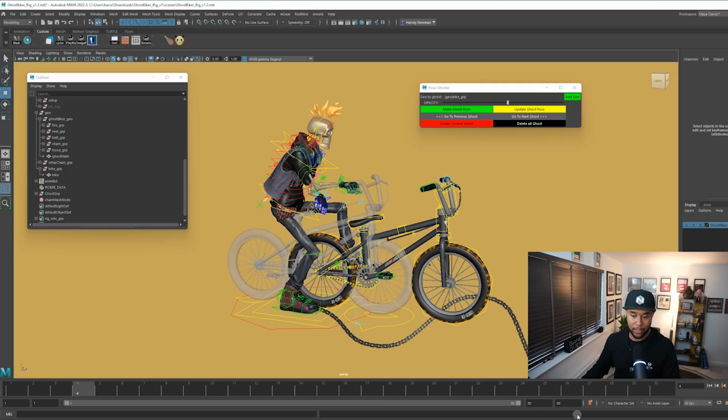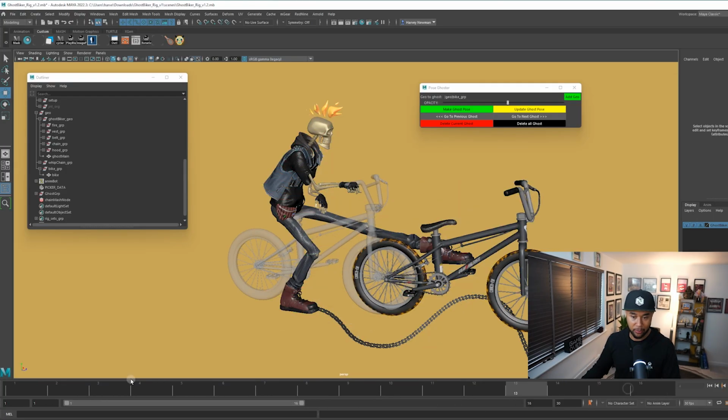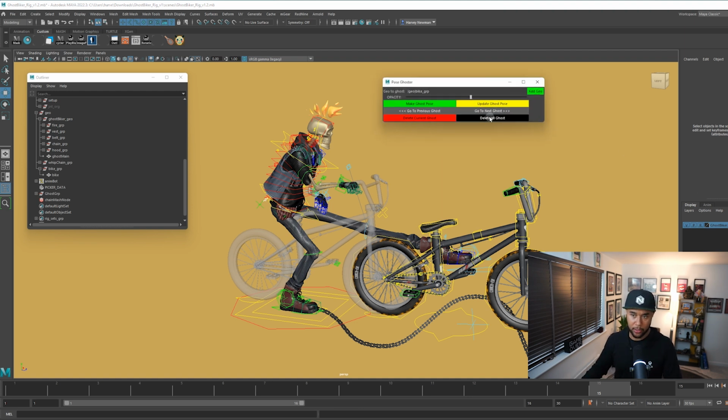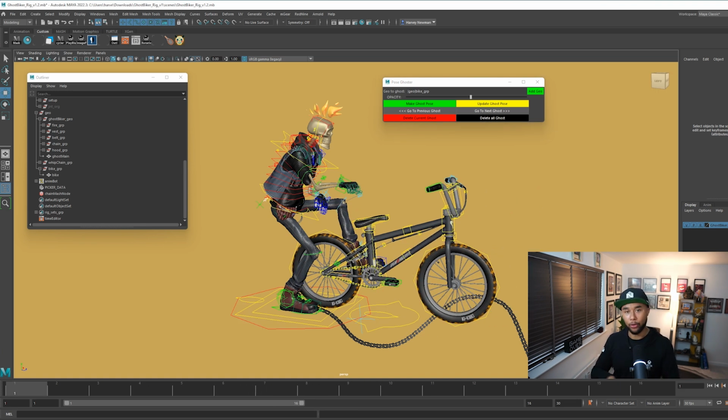But this plugin, if you manage it well, if you delete previous ghosts and only keep the ghosts for the section you're working on, is really nice. And the top tip is that you can change your range. For example, if you want to work on 16 frame lengths, you can change your range, then use your ghosts as much as possible within your 15-16 frames. Then when you finish this section, delete all ghosts. You can click this button here, which deletes all ghosts, your scene is clean, you can see your animation, go to the next section, do the same thing, and start over again.